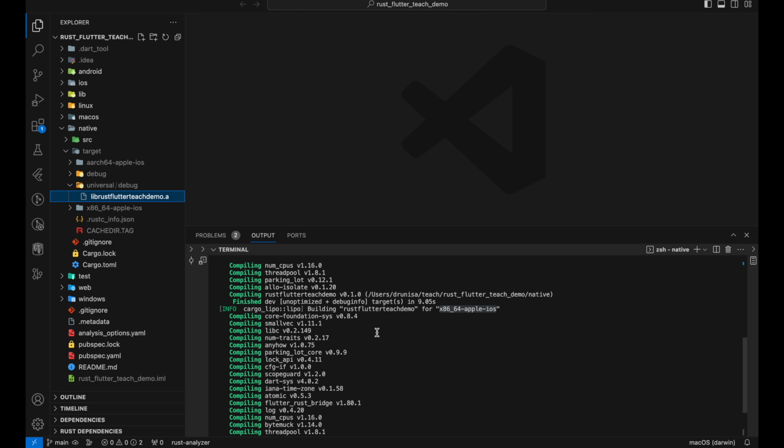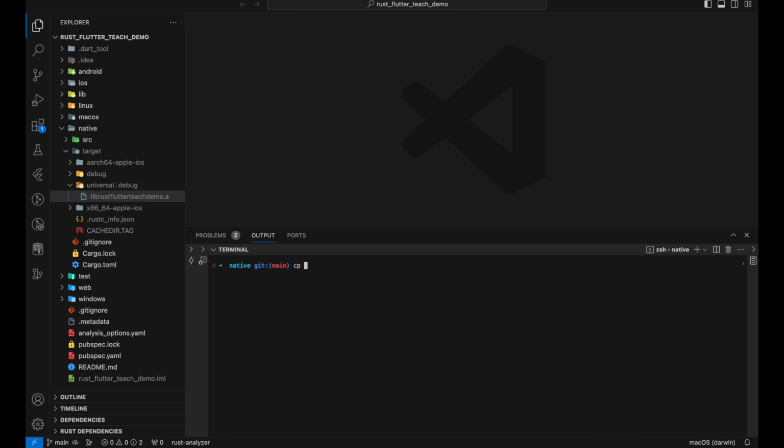Okay, so let's copy that file first. We are in the native folder, so we can directly call target and then go to universal, debug, and the name of our build. As you can see here, without the lib, the name would be rust_flutter_teach_demo. So where is the name coming from?